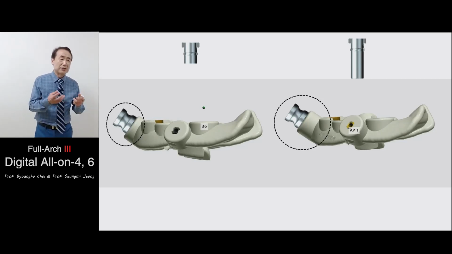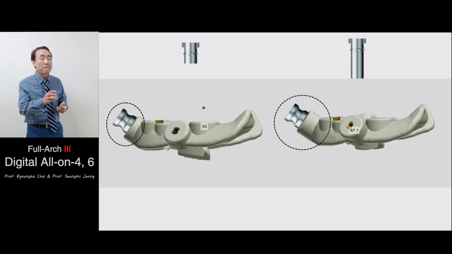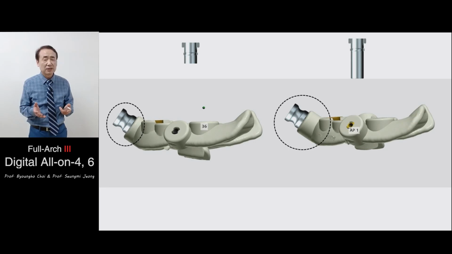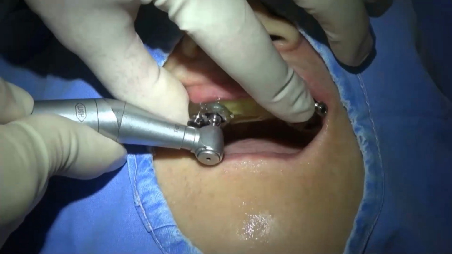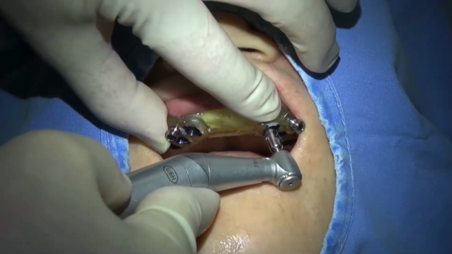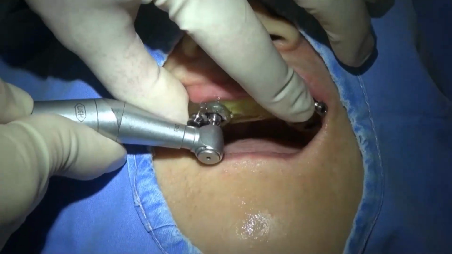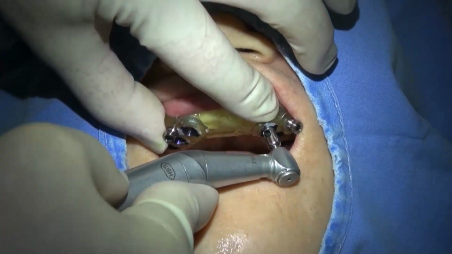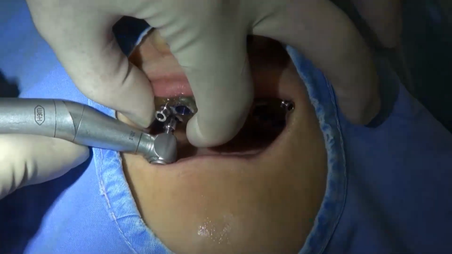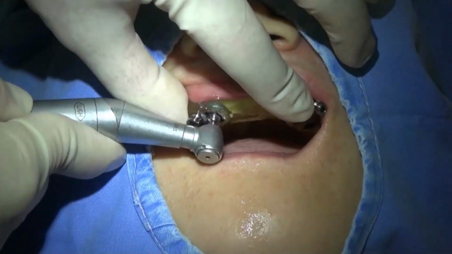If you use a long sleeve, the anchor part is raised. You may be concerned that there is some interference with the use of a surgical instrument. Let's take a look at whether there is an interference between the drill and anchor. There is no interference between the handpiece and the anchor screw.